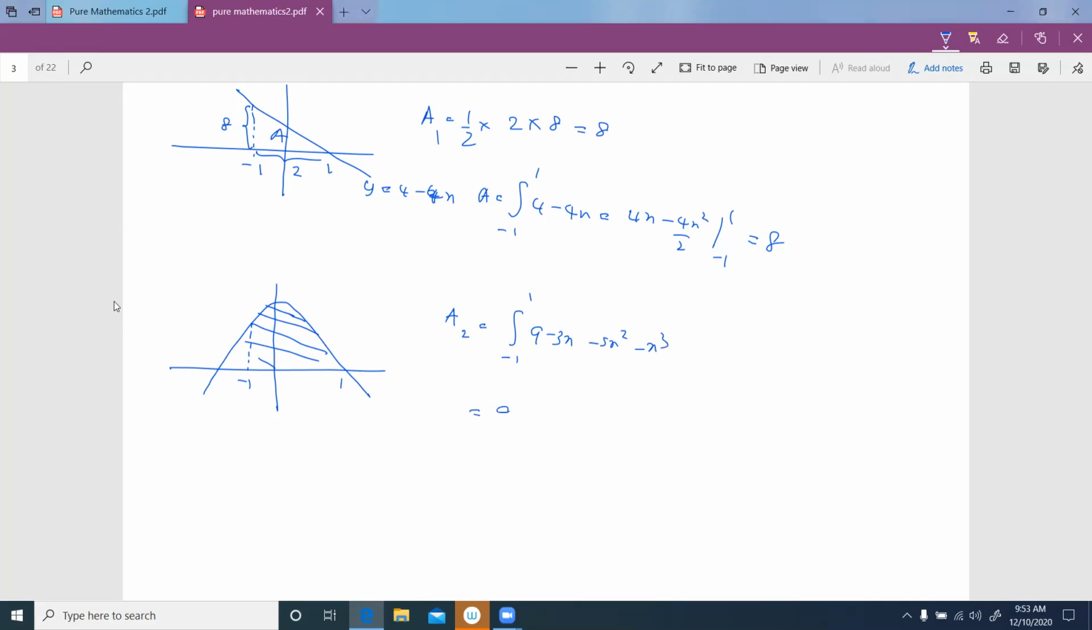If you do this integration, that is 9x minus 3x squared over 2 minus 5x cubed over 3, minus x to the power 4 over 4. You have to do it from minus 1 to plus 1, right? So you have to substitute this upper boundary and lower boundary. You know how to substitute these figures now. Then if you get this answer,